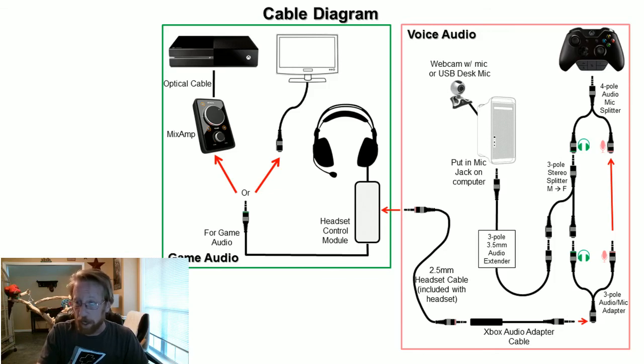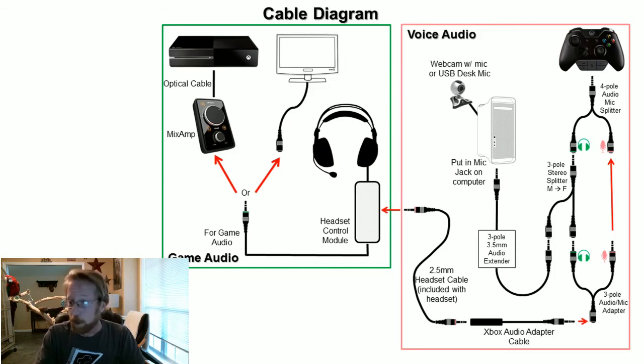you're going to split the audio into two using the stereo splitter. What's going to happen is you're going to take that and attach this into the mic jack of your computer. Okay? And then this will just go straight into here, so it causes a little triangle look. And on this, the 3-pole audio mic adapter, which basically takes the mic and the audio and puts it back into that 4-pole receiver, you're going to take that and you're going to take the little,